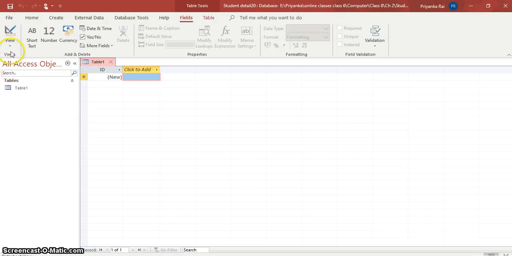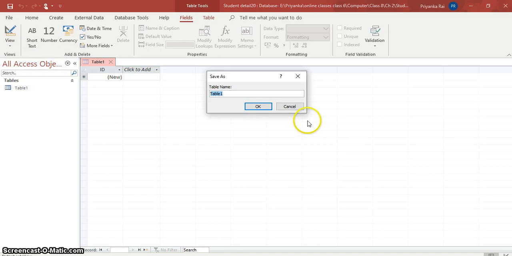Then click on create, then switch to, this is datasheet view, you just have to switch to design view.